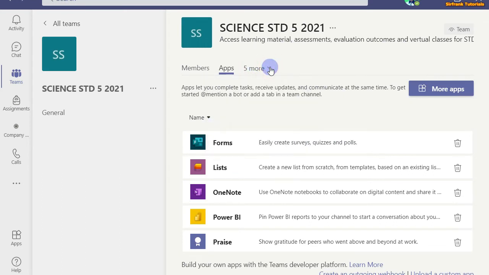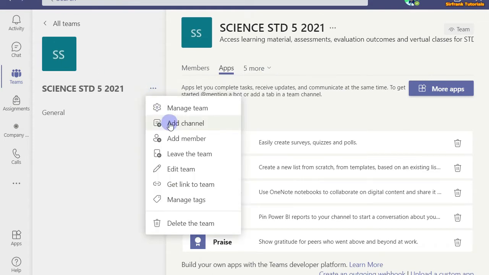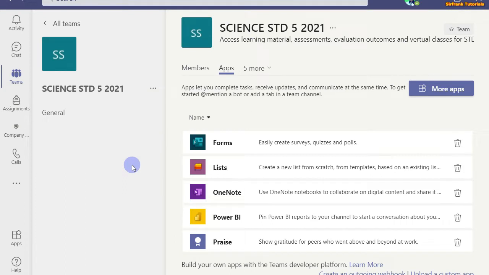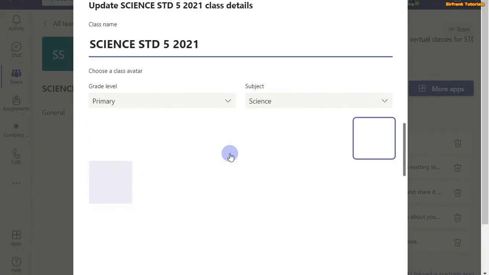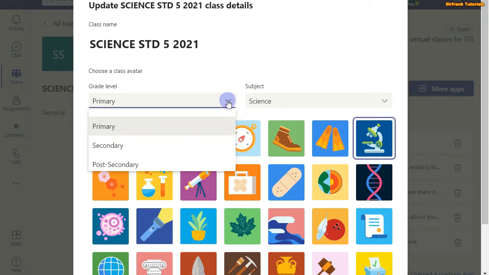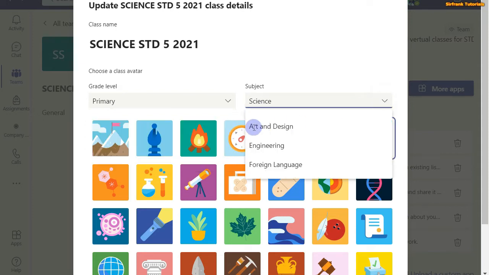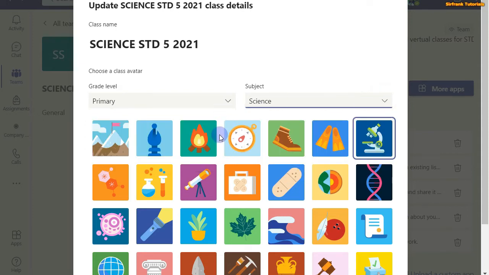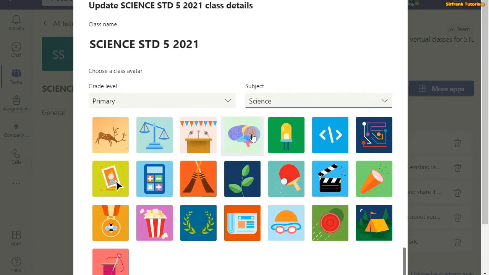And more. Then you can add a channel. You can add members, you can leave the channel, you can edit the team. So this will take you back where you can change maybe the name of your team. You can change the grade or the level, primary, secondary, or post-primary. You can change the subject from here. You can as well select the image of your team from these options, or you can upload